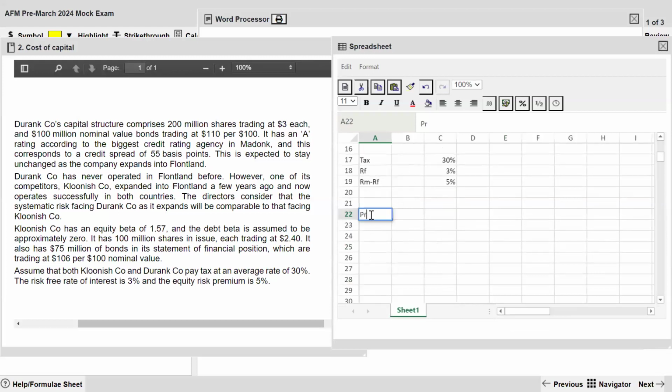You've got a proxy company, so proxy company data is to be used to determine the proxy asset beta. Asset beta is equivalent to equity beta multiplied by E divided by E plus D(1 minus T). So for the Clunish company,